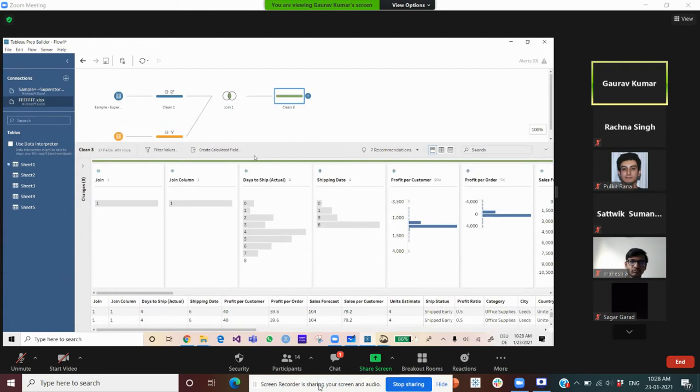Again, for example, if you want to calculate some field, like data engineering, or create some field based on a column, what you have to do is create a calculated field.